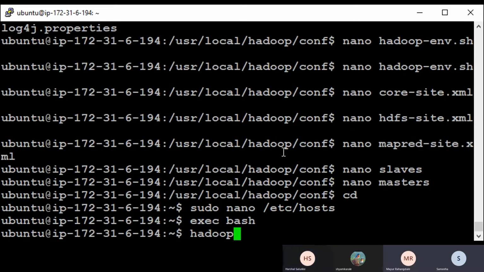Do SSH localhost first. The SSH part we had done. SSH localhost. Try SSH Samia, see if it works.